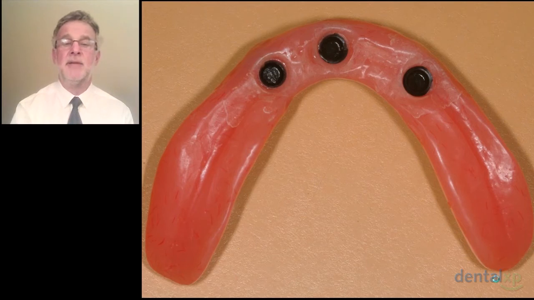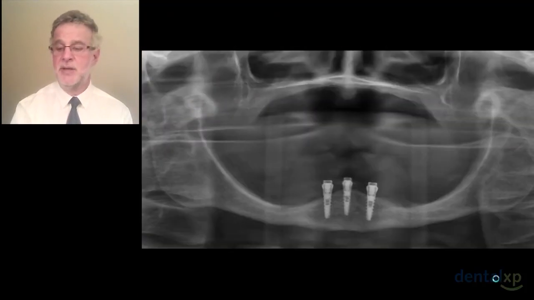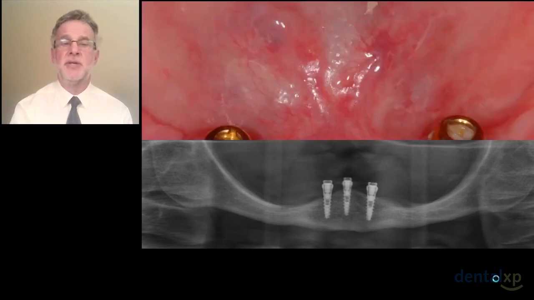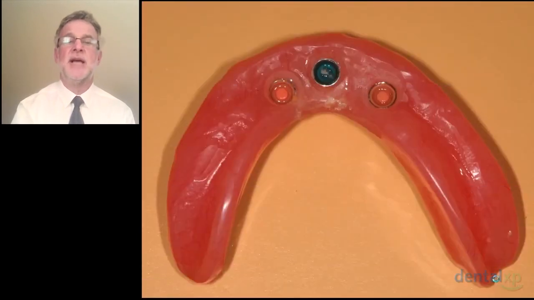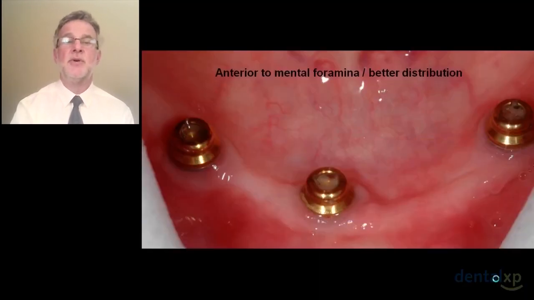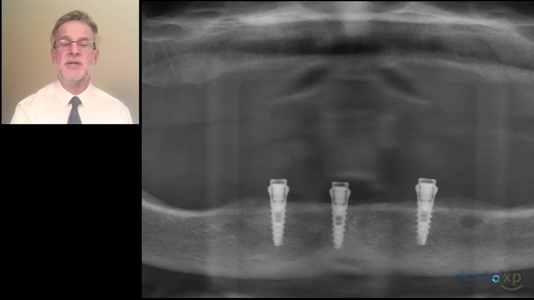And in many very severely resorbed cases, the implants even have to be placed closer together, but clinically these patients are extremely pleased with their results. Notice these last 2 cases did not have metal reinforced mesh, which I would recommend. So we try to spread them out as far distally as we could go, but again, for these types of cases, the anterior distribution works extremely well, and these last few cases have been more of these Mistral type cases